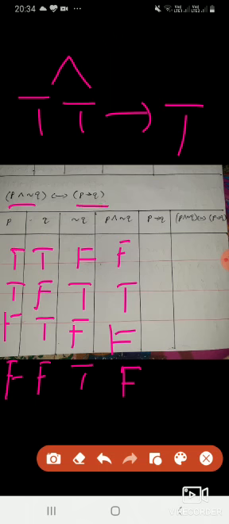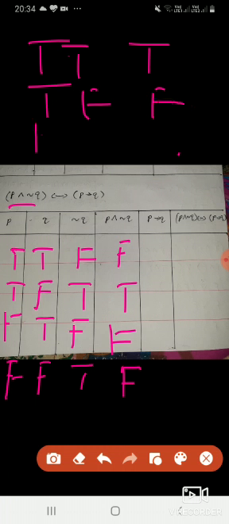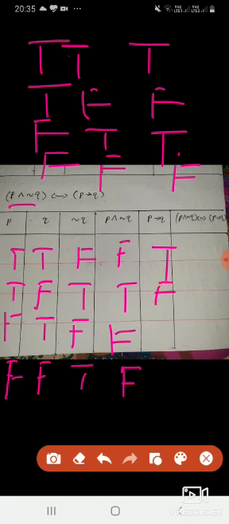Then P to Q. P to Q, if then. See, if then formula में what are the cases are going to come? Listen now. दोनों true रहेगा तो true. True to false is false. False to true is true. And both are false, then also it is true. देखो, P to Q I am saying true to true, true. True to false, false. And third one false to true, true. Fourth one false to false, it is true.